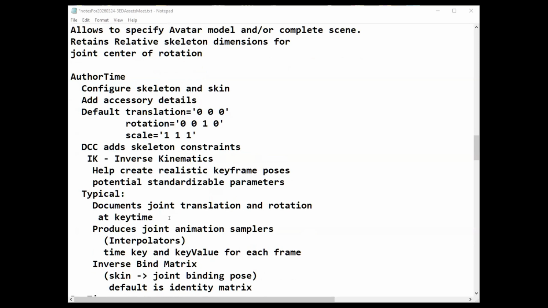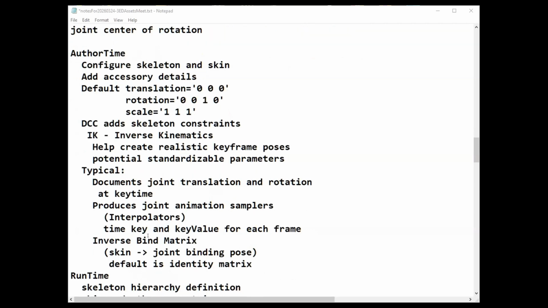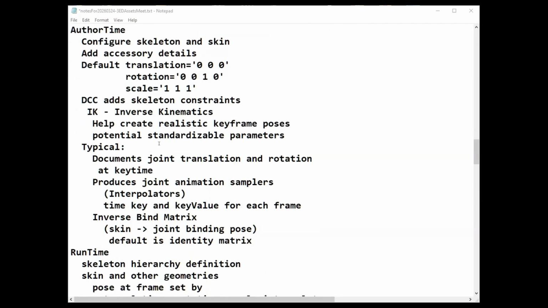Typically this style documents the joint translation and rotation at key time. As a matter of fact, at author time, it may be that the IK is the only thing it needs to know about the skeleton, because it's picking up the translation and rotation. Usually in a hierarchy, the translation of the child is handled by itself.